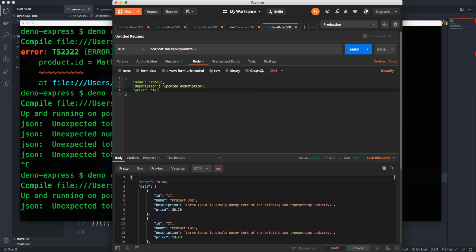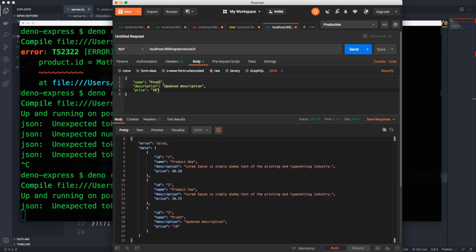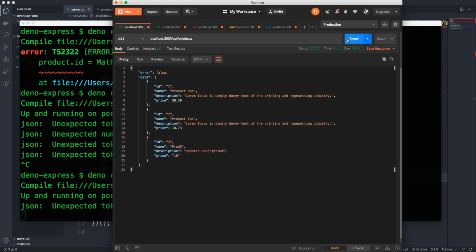Okay, so the issue was actually that the price had to be wrapped in strings, and it actually updated the product. So I just sent the request, and if we do another query here, we see that the product has been updated, and it pretty much works. So now we have full CRUD operations. We can query or retrieve our products, we can update a product, we can delete, and we can also add